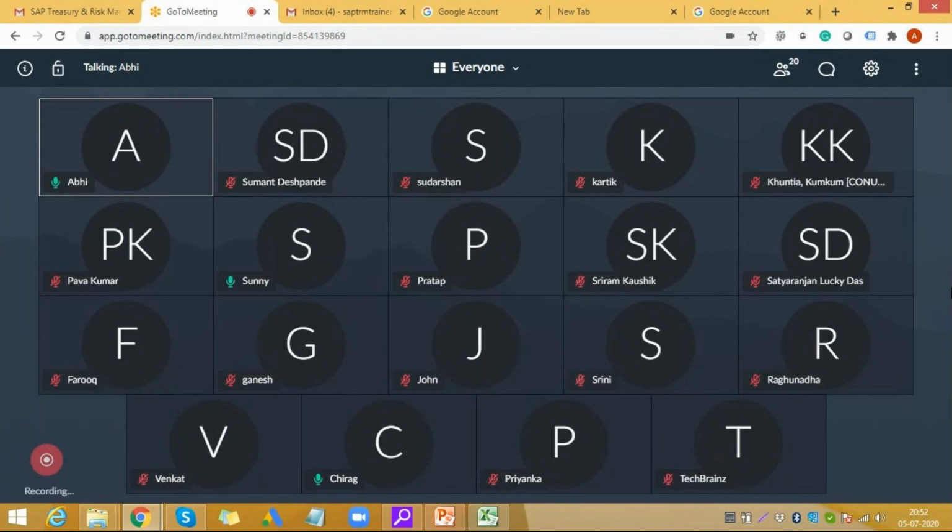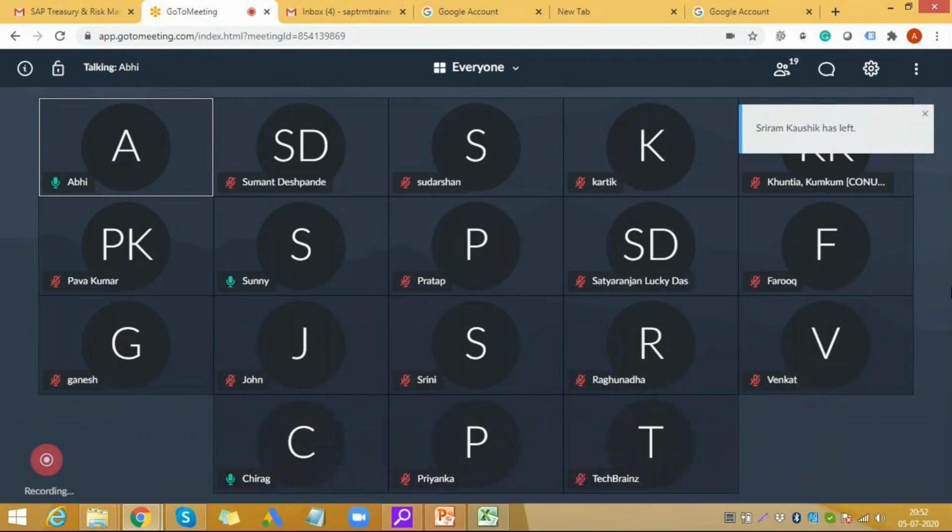As soon as someone enters a deal there, the deal flows into SAP through the interface. You can set up BAPIs where the deal is auto created in SAP, or you can also create a deal manually in SAP.